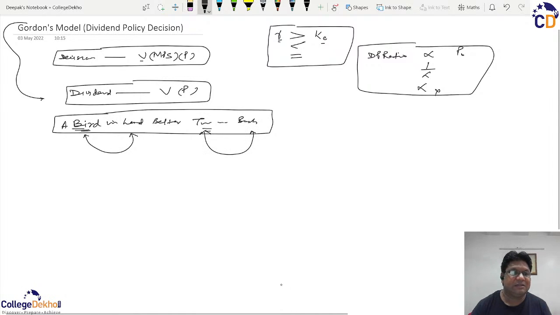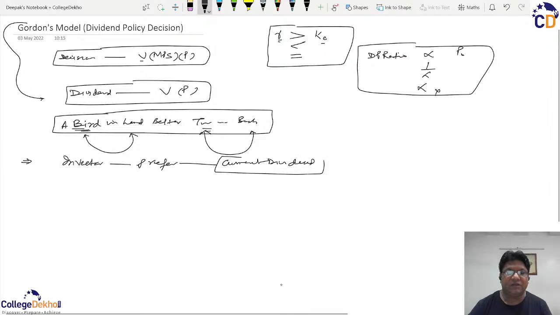So on the same lines, Mr. Gordon underlined the impact that an investor will always prefer a current dividend. That is, the dividend which is received now will always be better than the dividend that will be received in the future. Also, as the dividend increases, the growth of the dividend must be there in relationship to the growth of the company, and this growth of the dividend will also increase the price of the equity share.